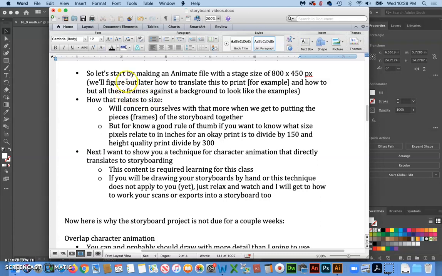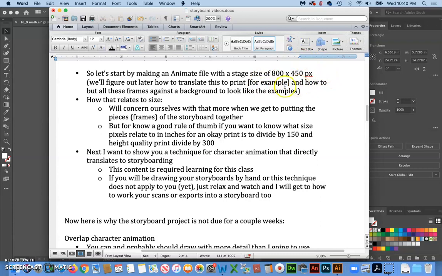And I'm going to show you start to finish using Adobe Animate, because I don't want to confuse the issue with introducing another program like Photoshop or Illustrator to do the work in. So what we're going to do is set up an Animate file with a stage size that's exactly equal to